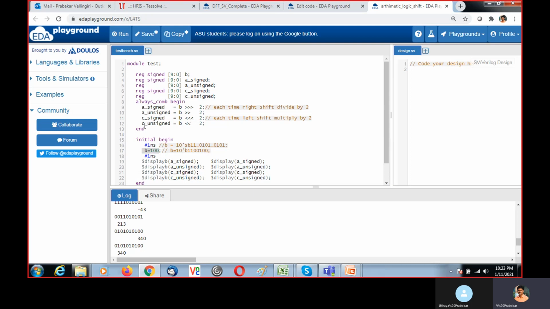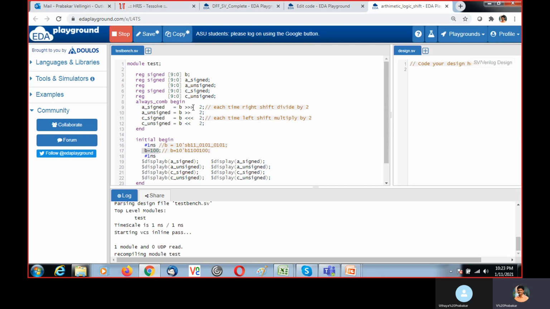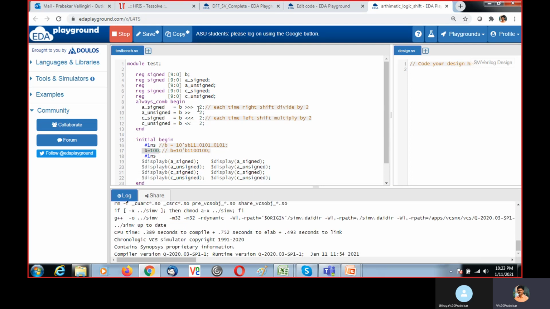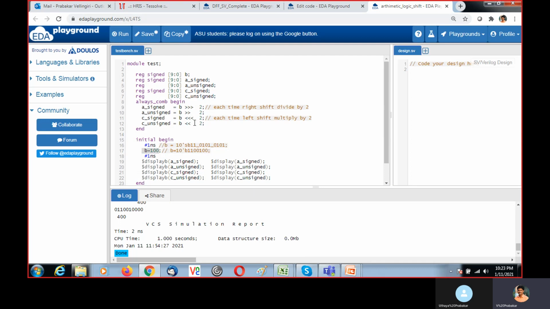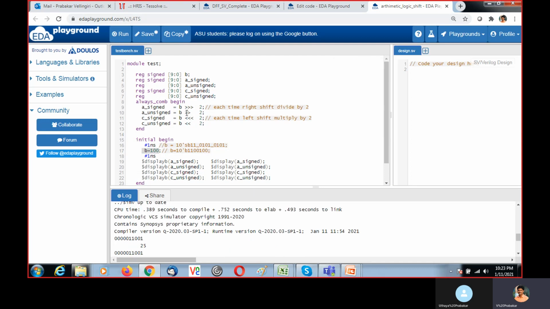I am performing right shift and left shift. Let's see the output. B value is 100. If I do one right shift, the value will be divided by 2, so 100 divided by 2 is 50. Here I am performing 2 times, so 50 divided by 2 is 25.